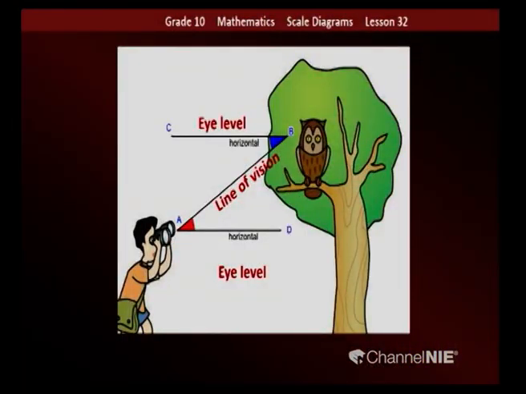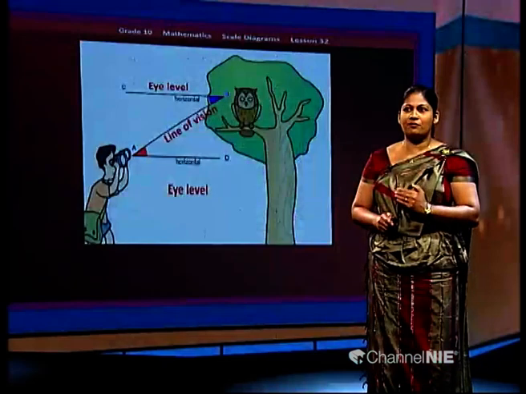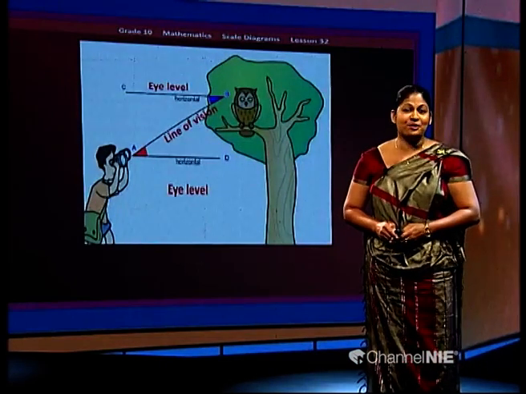Okay. Now move to this. There is a picture. A person is observing an owl, and also owl is observing the person. The red color one is above the eye level, angle of elevation. And the blue color angle in between the eye level and the line of vision, below the eye level, we say it is the angle of depression. Here also the line of vision is common to both. So we can say the magnitudes of the both angles are equal.